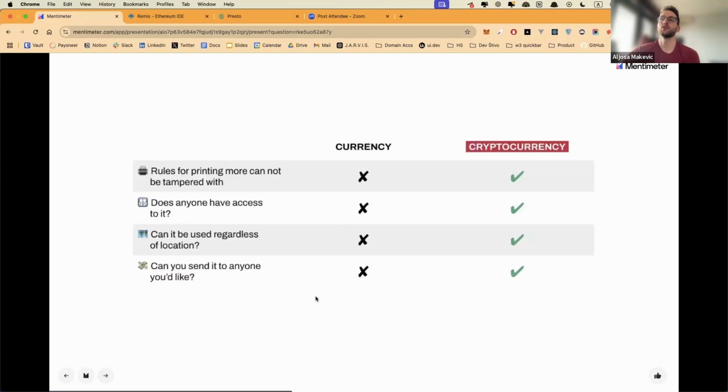And you can send it to anyone, anywhere in the world if you just have their wallet address, just like sending an email. There are no borders and restrictions stopping you from sending money. Because if I wanted to send you some money through my current bank account, that would initially be flagged.